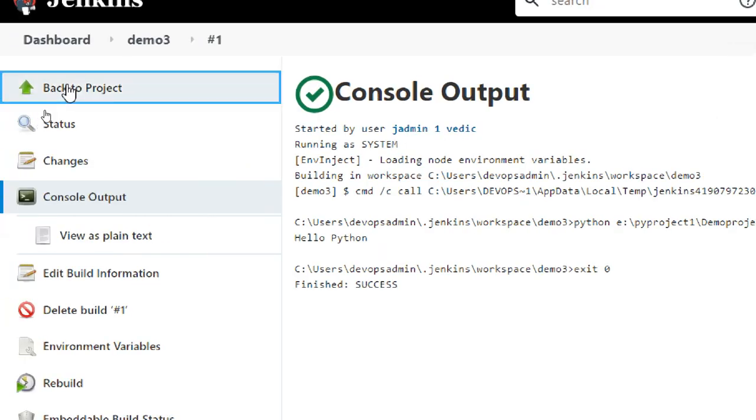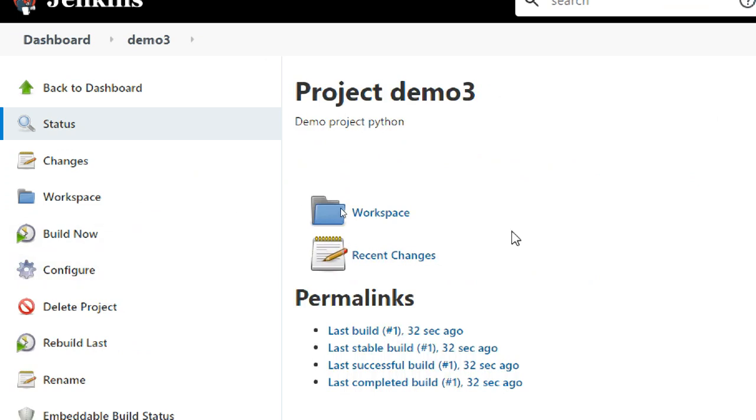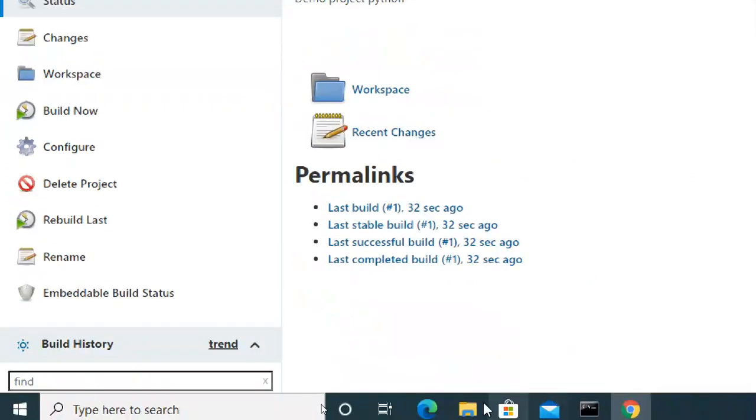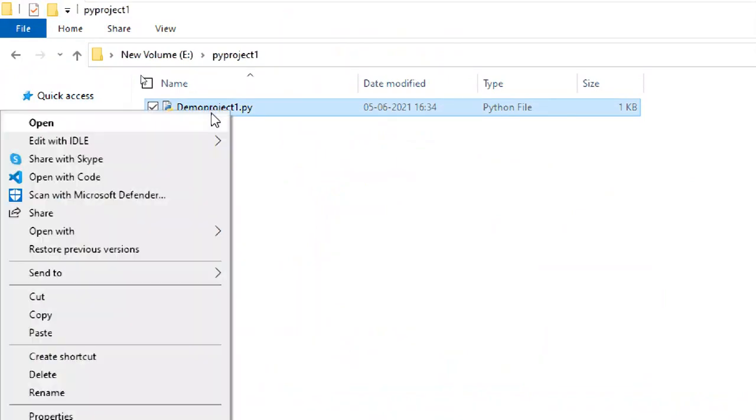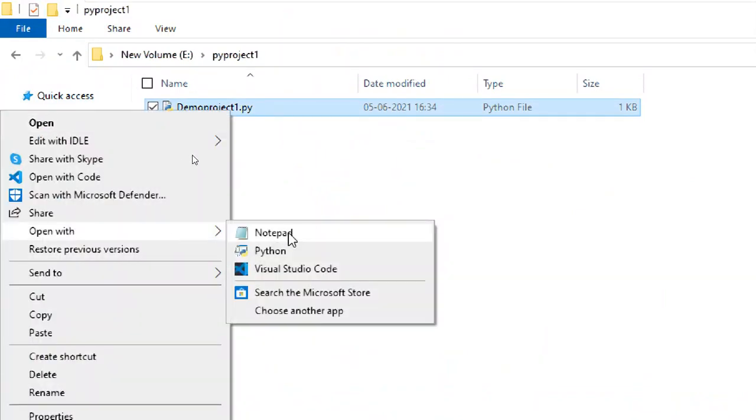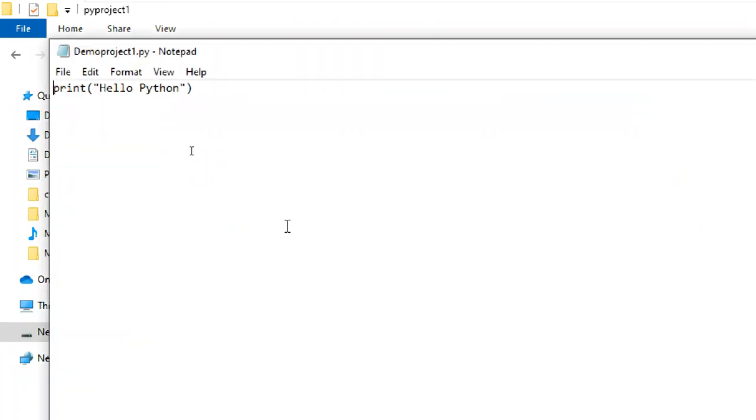Now I'll go back to the project. That's it. I'm not doing anything. I'm not doing any configuration until configuration is done. Now I'm going to develop my code. I am going to Notepad or VS Code, also a very good one. So you can put some statement here, or maybe a comparison kind of stuff.